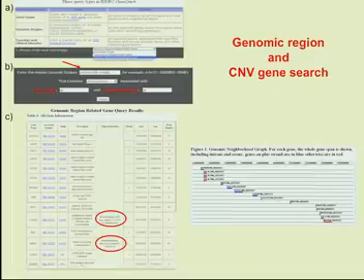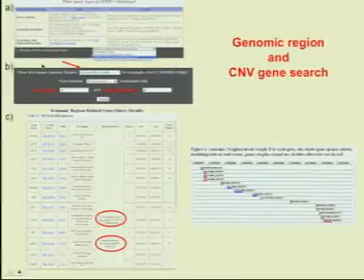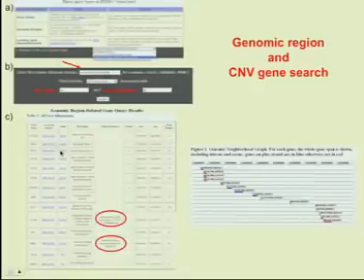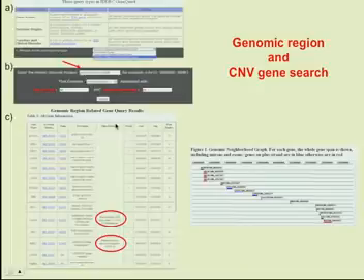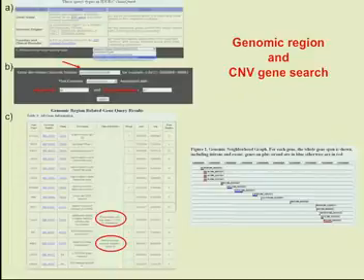Where the red arrow is, you simply type in the chromosome and the start-stop of the data that was obtained by doing one of these genomic arrays, for example, and you hit the Go button. What is shown in this table is a list of all genes that are present in this genomic region, and in this column here, we have listed the disease phenotype